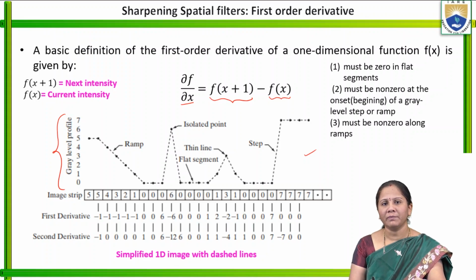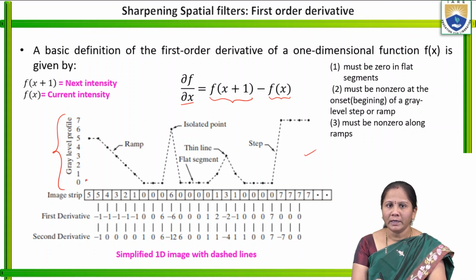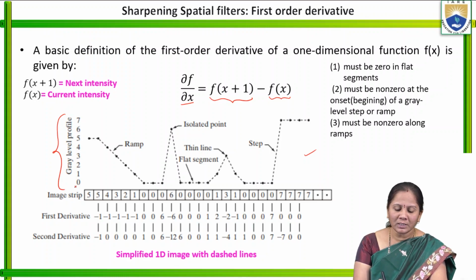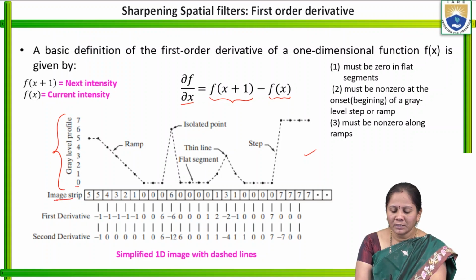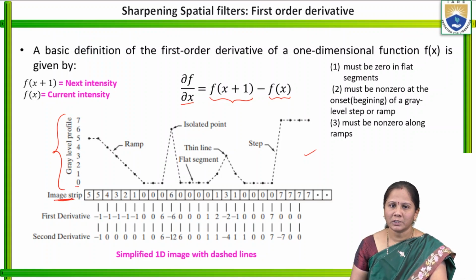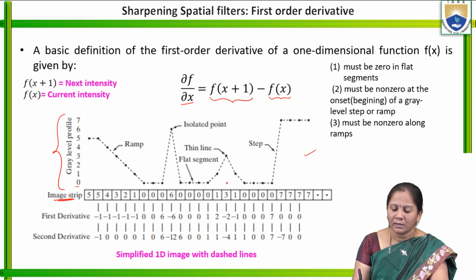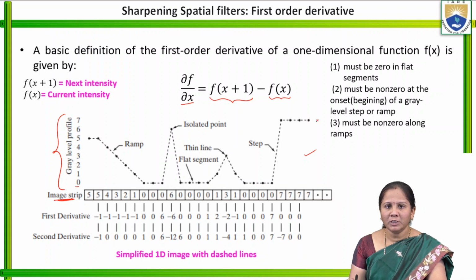Here we can see different values are available. It has 8 levels as we have considered a 3-bit image, so 2 power 3 is 8. The number of levels available will be from 0 to 7, so here it is represented as 0, 1, 2, 3, 4, 5, 6 and 7. This is the scale representing the intensity level or gray level values. Coming to this, it represents the intensity strip. All these values are represented here in this strip. This is the one-dimensional image for the image that we have taken.